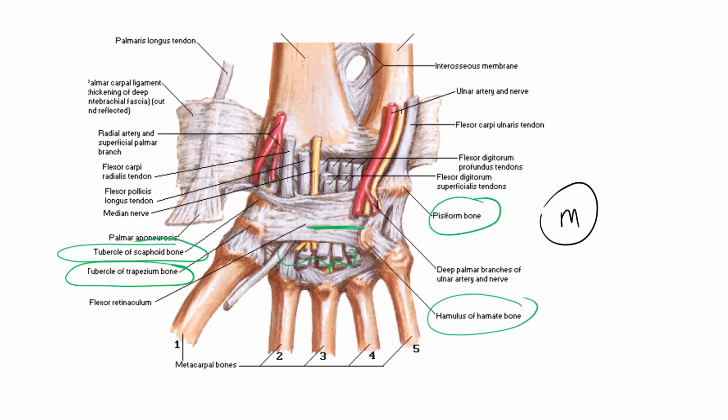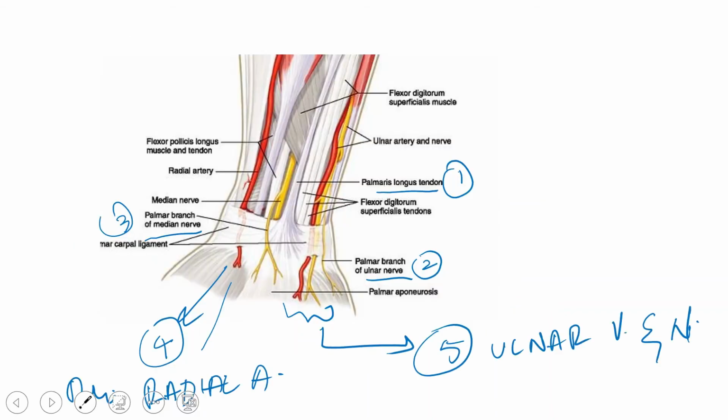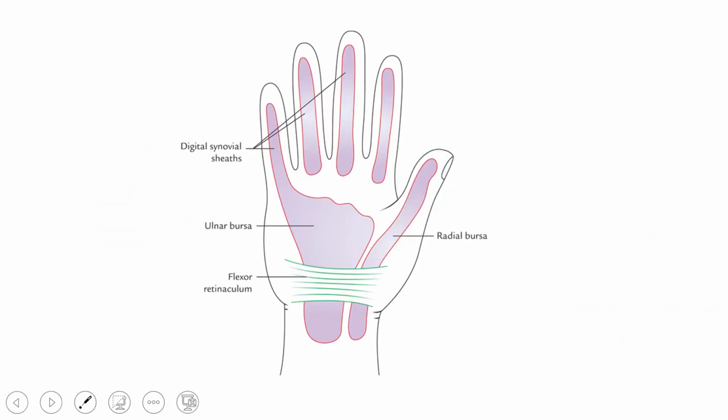So in this picture, we can see, as I told you just now, the long flexor tendons of the digitorum. So here are the tendons of the flexor digitorum superficialis and the flexor digitorum profundus. Other than that, as I have already told you, the flexor tendon of the flexor carpi radialis and the flexor pollicis longus tendon, along with the important nerve which we can see here, that is the median nerve. So these make up the relations of the flexor retinaculum.